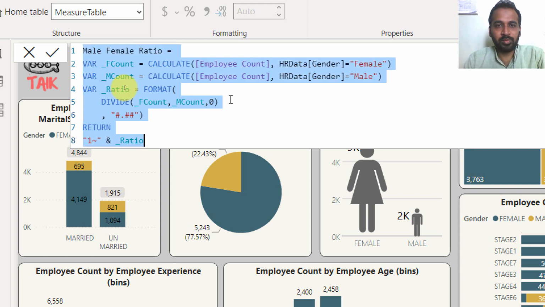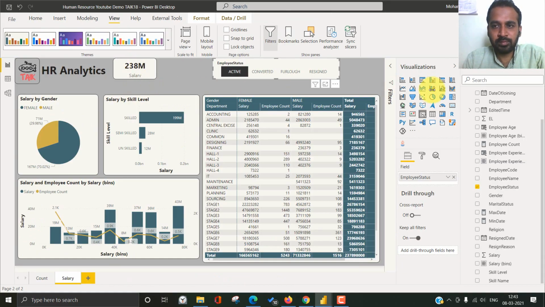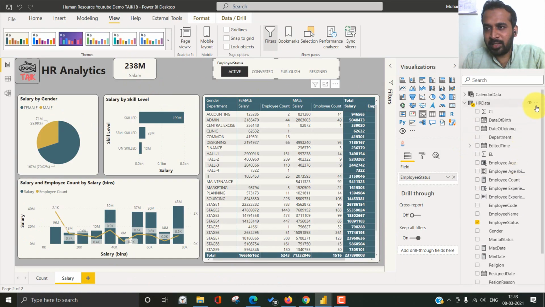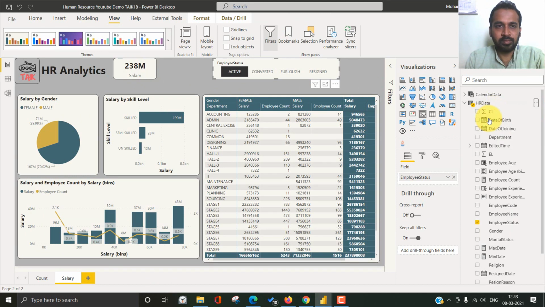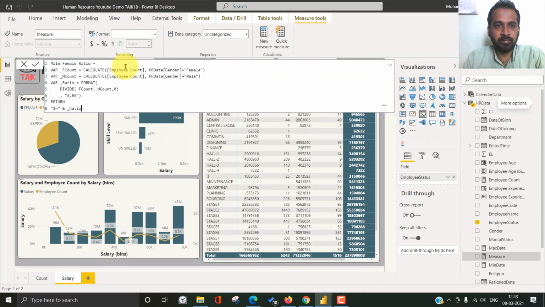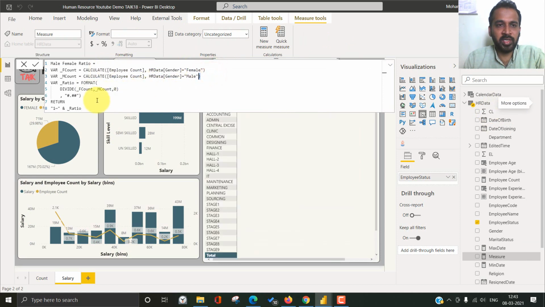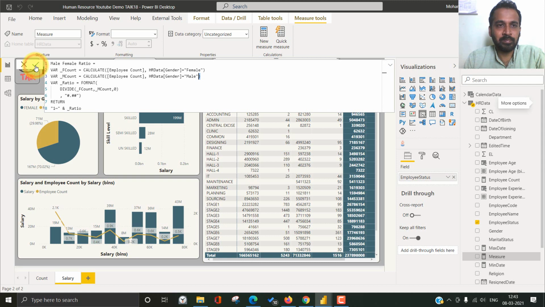So now let's copy this and go back to the new file, and inside this one I'm adding a new measure. Paste here. So it brings up the female, male, divide and count here, and commit now.